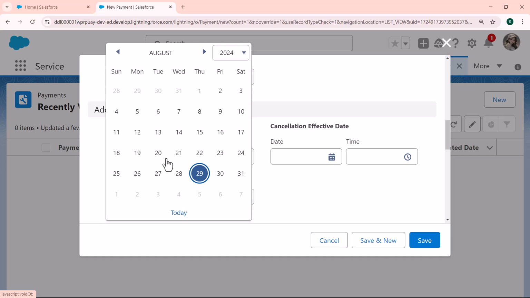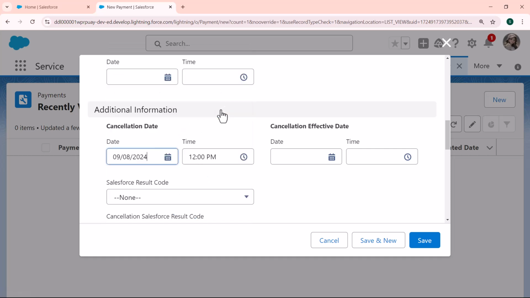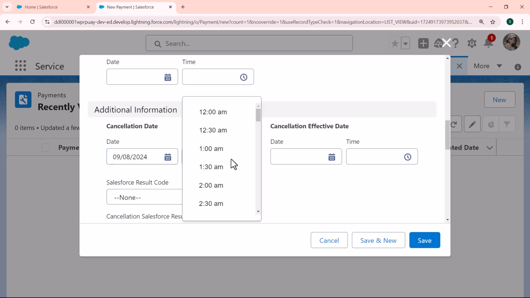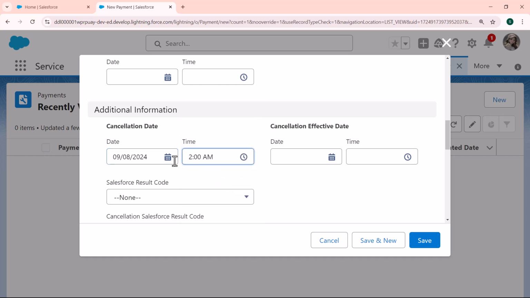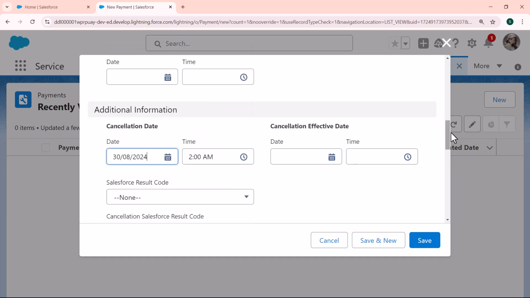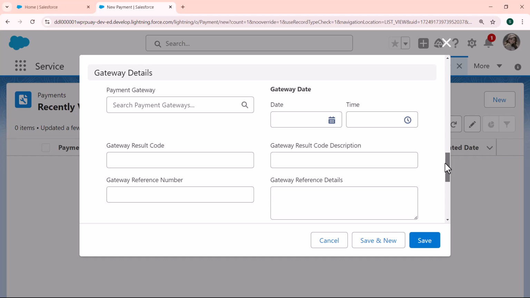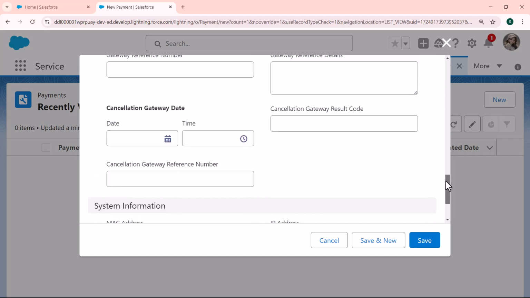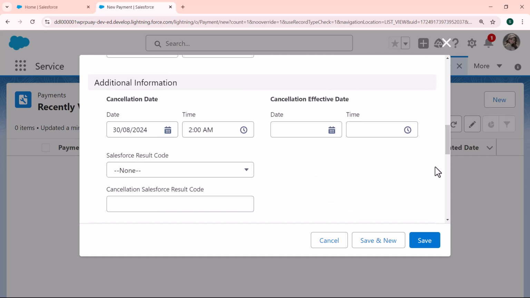So select the date on which you want to cancel the payment, and then select the time. I need to change the date, so I click on this, and then scroll down. If you want to enter any other field, then you can, otherwise leave it as it is, and click on